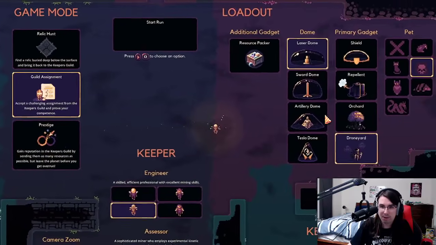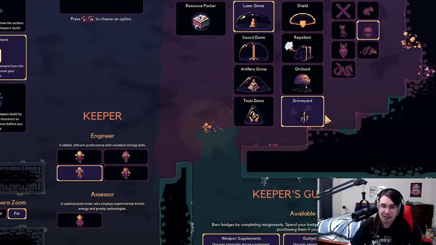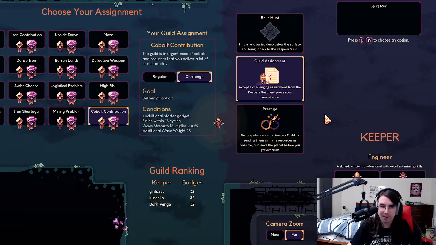I used the resource packer and presumably laser and drone yard. I don't know that there's too much to say about this one because there's not anything that makes the challenge tricky or weird or unique. If I load into a run to look at it, it's just going to look like the start of any other run in history. You just have to try to